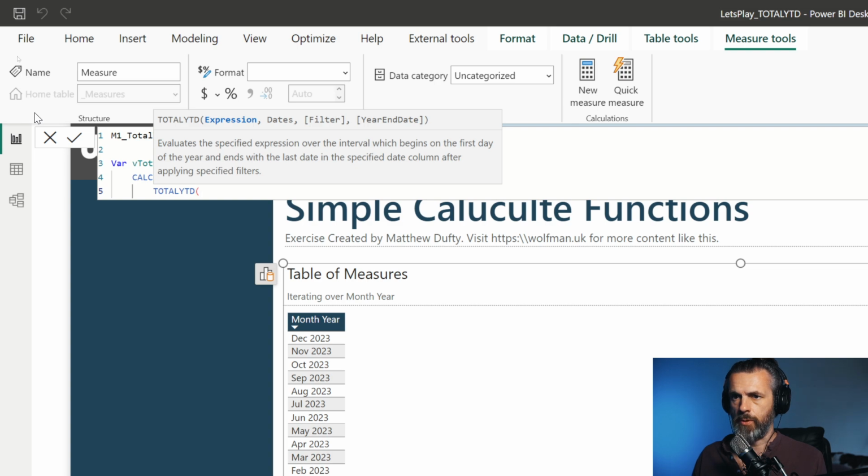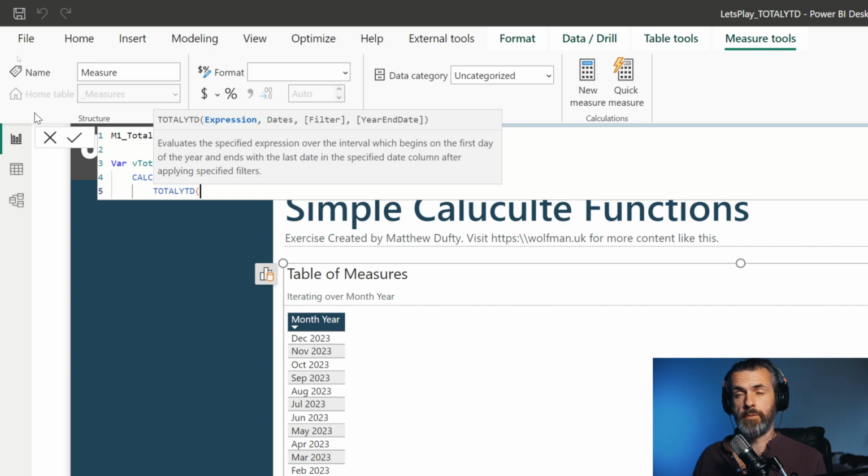So what's it asking for? The expression will be a sum of the net sales value from our order lines table, and it's also asking for the dates that we'll be measuring over or iterating against,